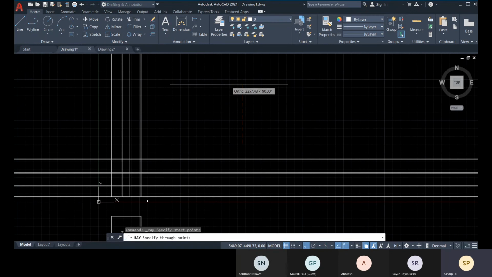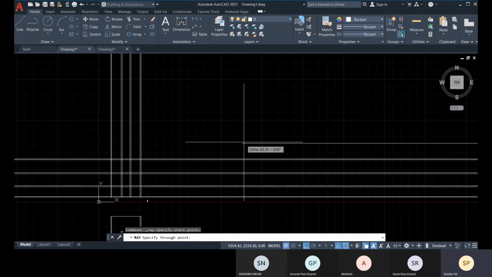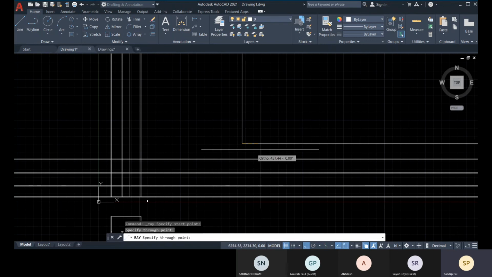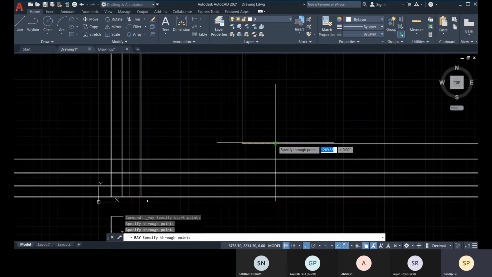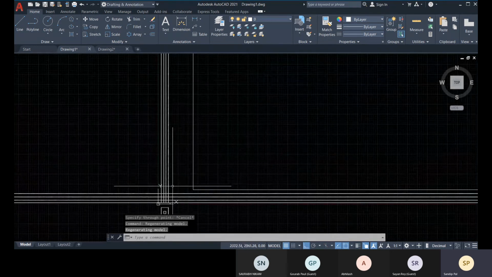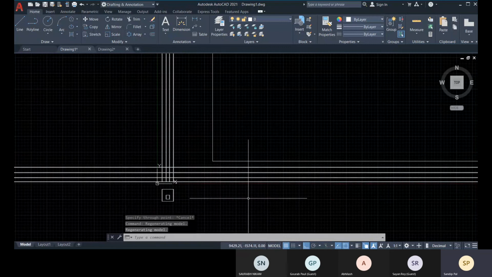If you need to create only a plan, you can go with this ray line. So you specify the start point, and the same way you specify the through point, and from that start point it will continue creating, and then you escape, you are done, and again you can go with the same method. Okay,